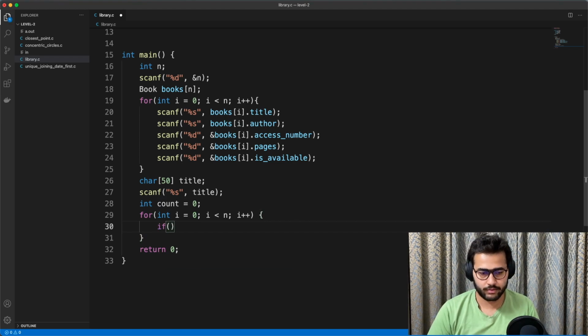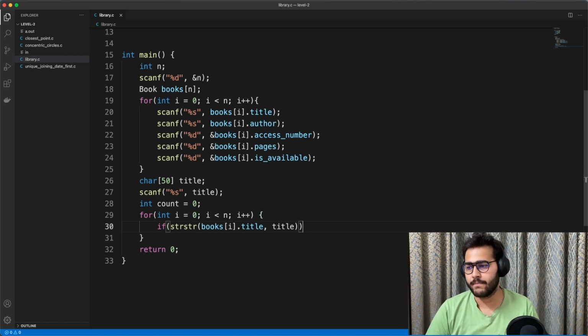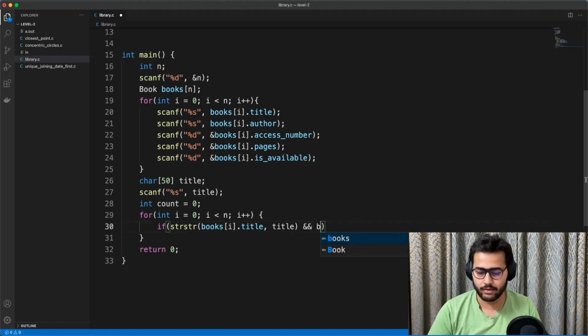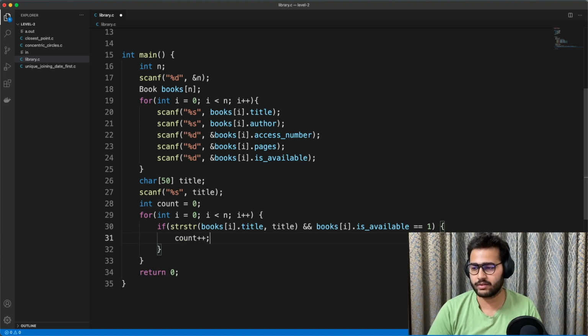So if strstr of books of i dot title comma title, if title is a substring of books of i dot title and books of i dot is_available equals 1, then we do count plus plus. Okay,